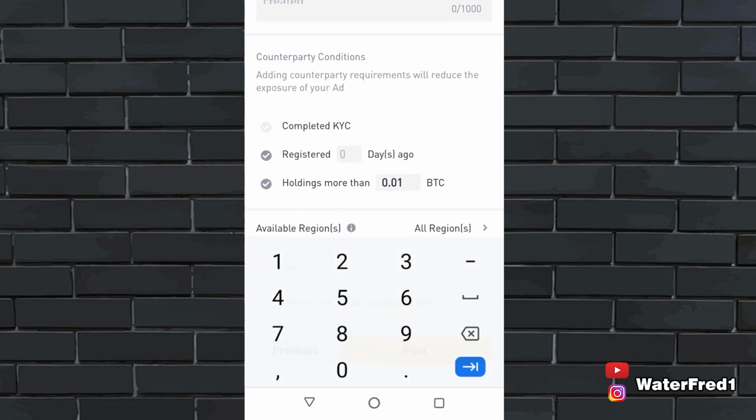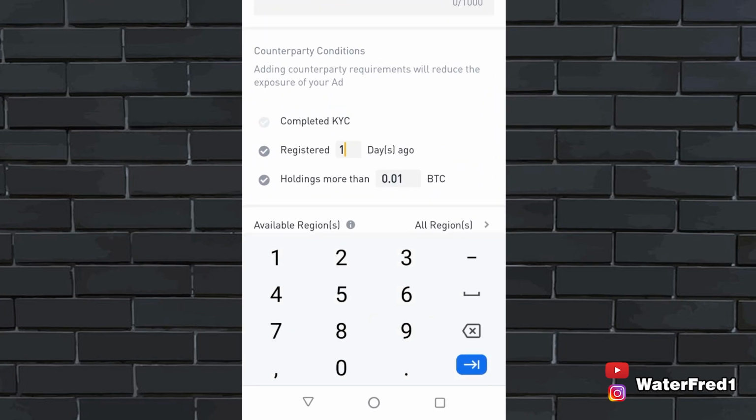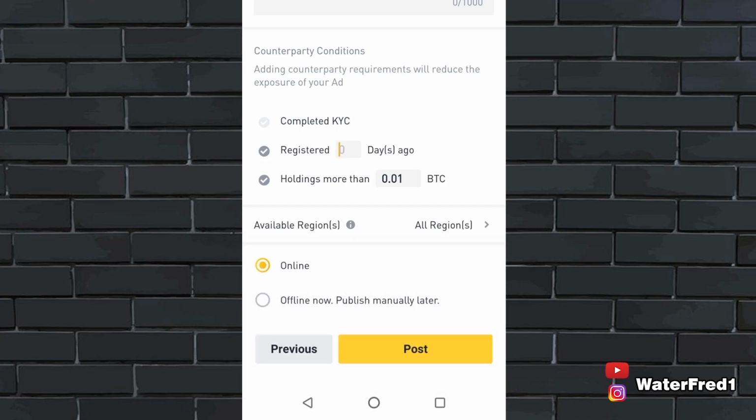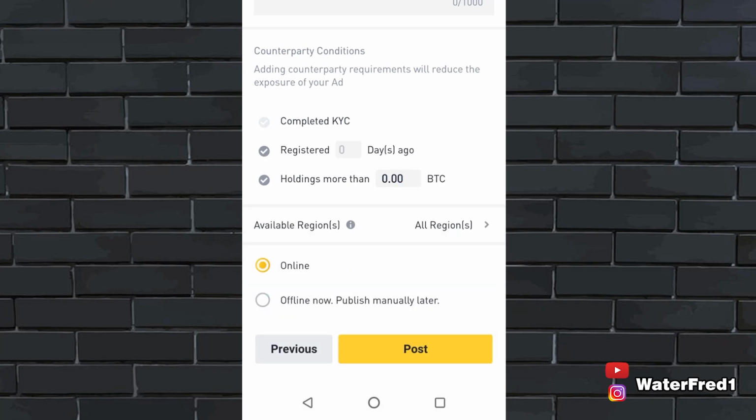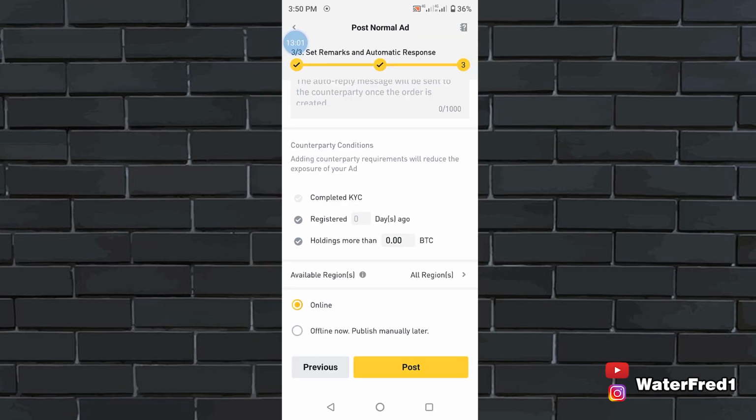Then another thing is, on this part now, if you like, you can say people that have been more than 100 days on Binance, or 1,000 days, but I don't recommend that. I recommend you leave it at 0, because anybody can just come in and buy any amount from you. Then this holdings more than 0.01 BTC, please put it as 0.00. If you leave it at 0.01, if some people want to click, they will be told that their minimum holding balance is not up to 0.01. So leave it at 0.00, and then available, just leave it online, and then you click on post, and then